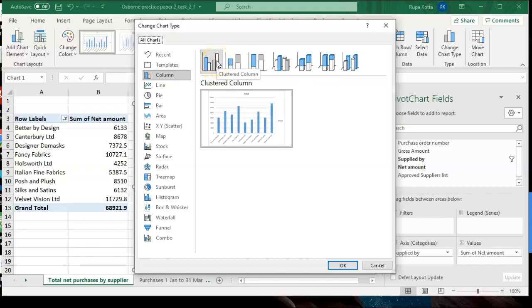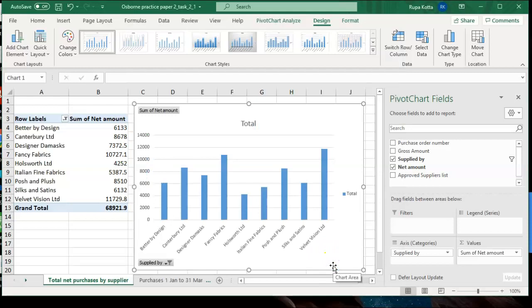Whatever chart we inserted is already a clustered column chart, so just make sure to ensure that it is done. Click on that and say OK. But you just made the changes again to make sure that the chart type is right.